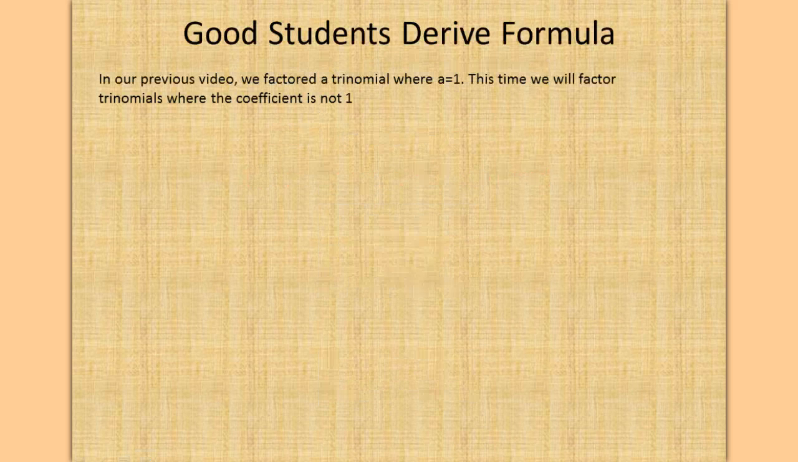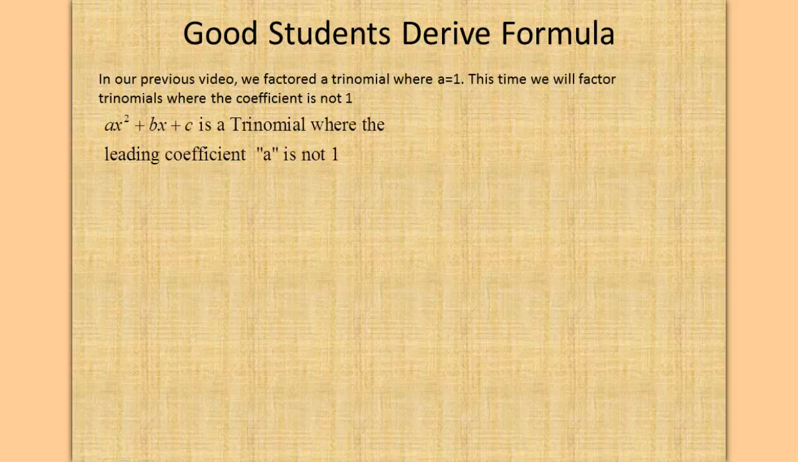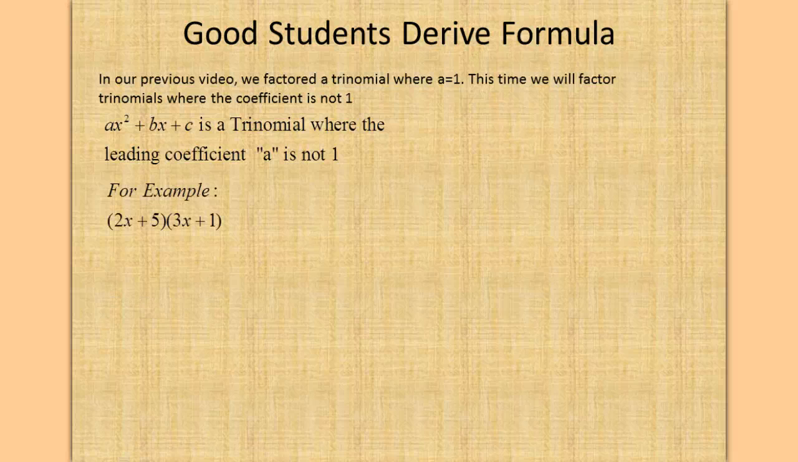Okay, good students derive formulas. In our previous video, we factored a trinomial where a was equal to 1. This time we will factor trinomials where the coefficient a is not 1. Ax squared plus bx plus c is a trinomial where the leading coefficient a is not 1. For example,